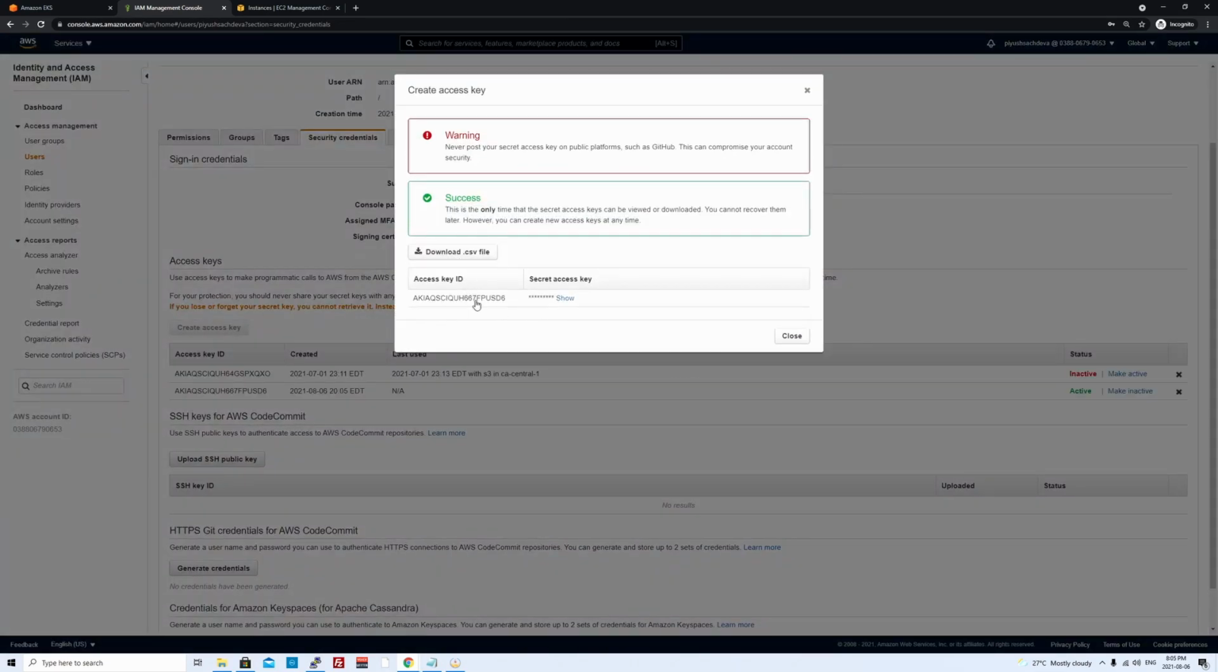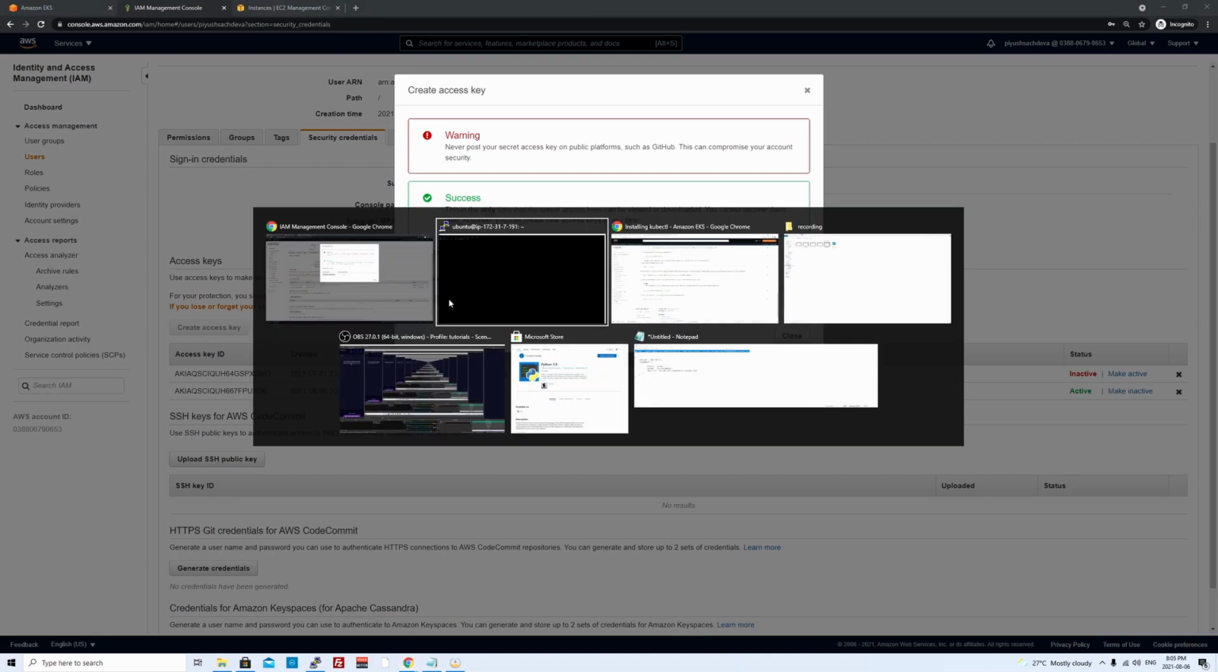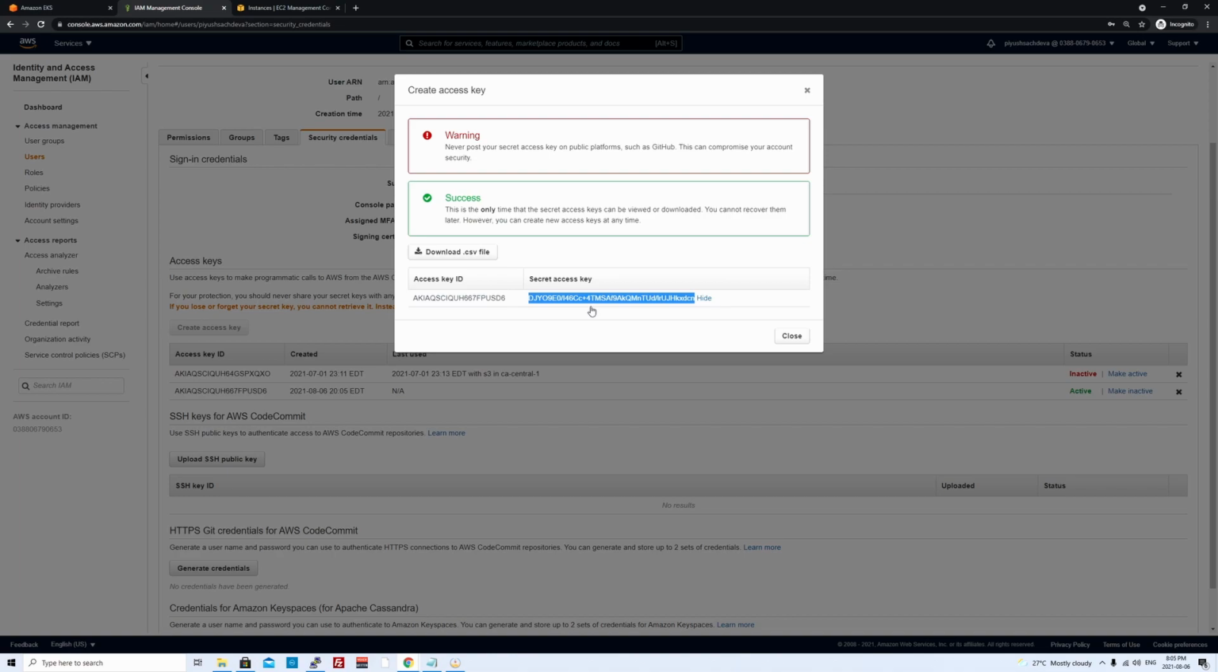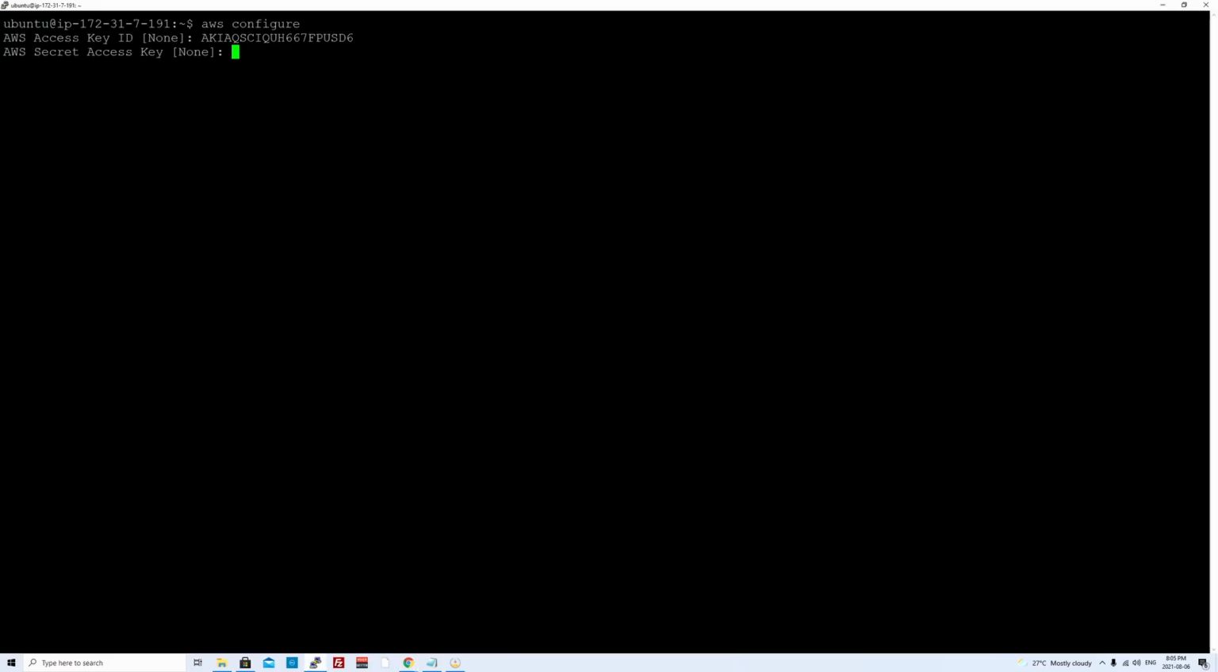Okay. I'll copy the access key ID from here, paste it over here. Now it's asking me for the AWS secret access key, which is over here. Okay, and then it's asking the default region. For me, it's eu-central-1. And I'll leave this as blank. Okay, so this would have now configured the AWS command line tool so that it has enough permission to interact